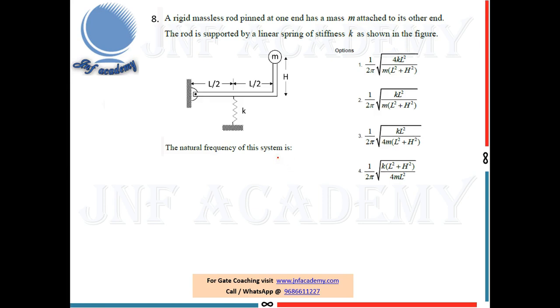So here one rod is there which is pinned at one end. At the other end they attached one mass m. So they are giving some disturbance, so it is going to oscillate with certain frequency. That frequency we are going to find out. For this I am going to follow Newton's method. According to Newton's method I am going to consider inertia moment is equal to restoring moment, or inertia torque is equal to restoring torque.